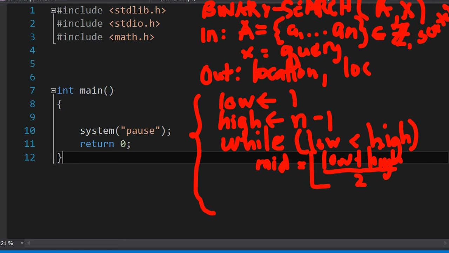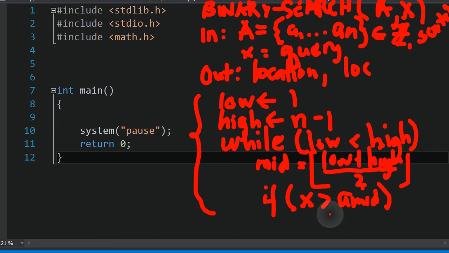And again, we will get the floor just to take care of an odd numerator. And we will compare. So if the query is greater than your middle term,